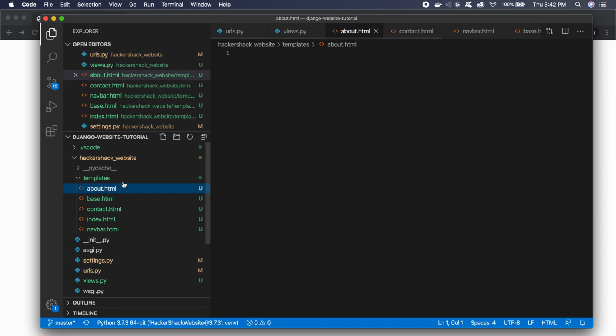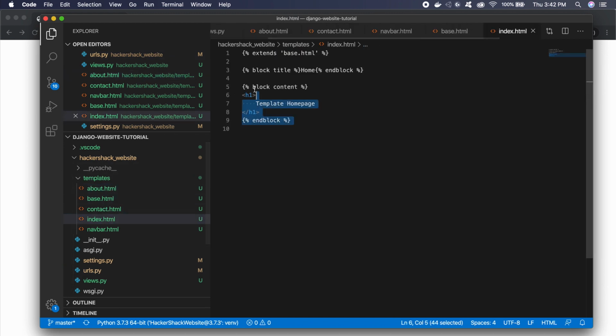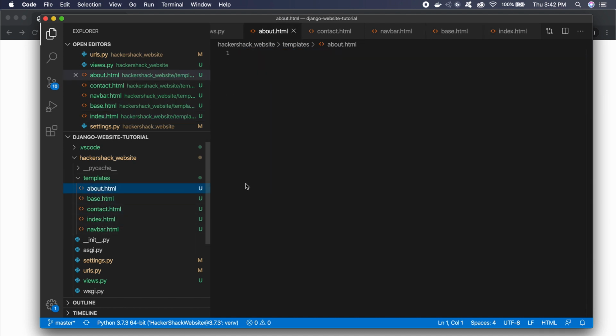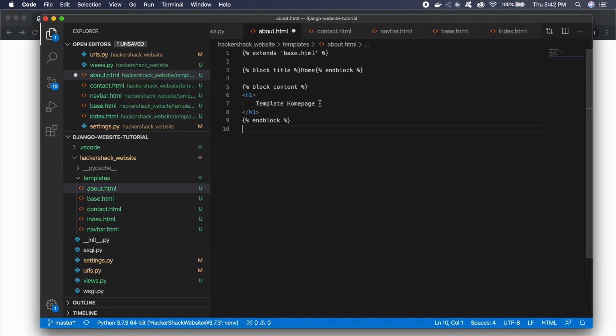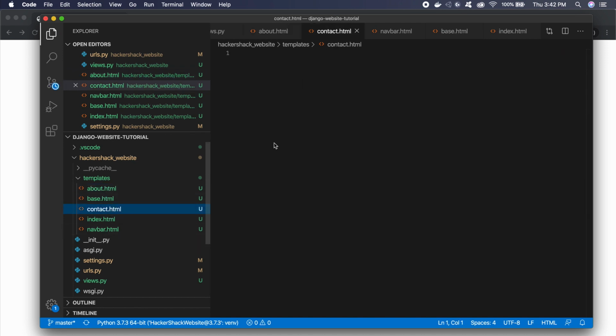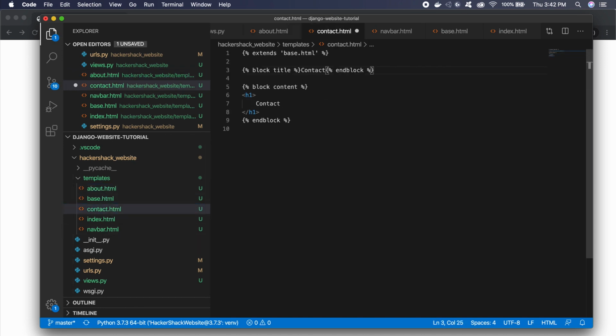So I can go into my HTML and maybe just copy what's in the index file, put that in the about, and we'll say about, and change the title to about as well. And then we can also put that in the contact page. All right, so now we have our about page,